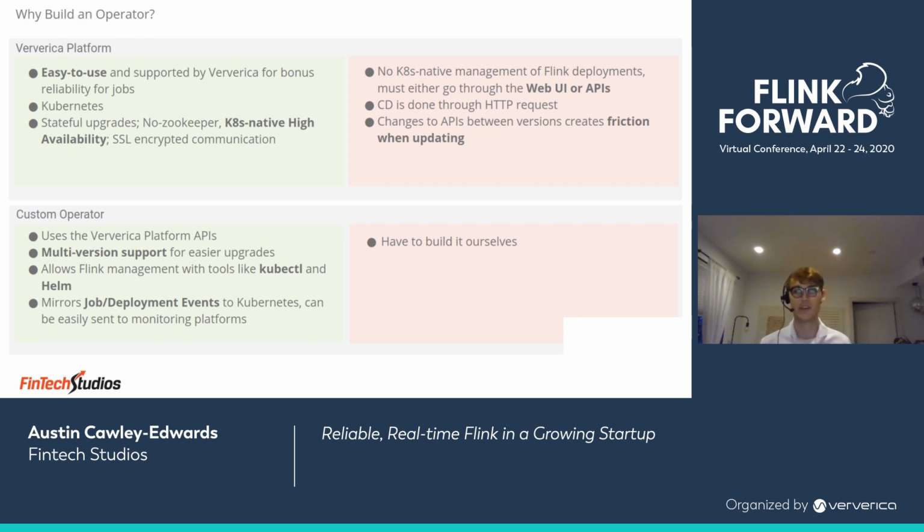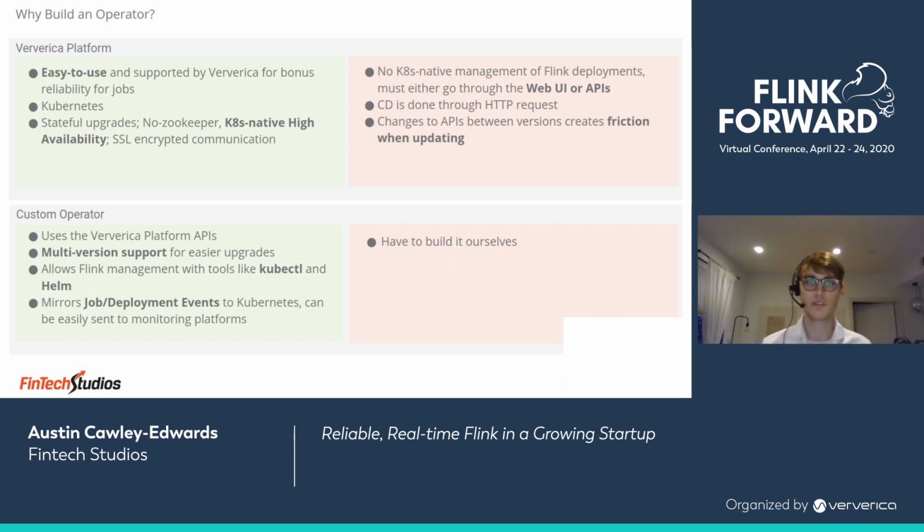But some of the things that we found lacking in the Kubernetes space was the ability to manage these Flink deployments natively. You have to either go through web UIs or some REST APIs. So CD is then done through HTTP requests to those REST APIs. We also found that changes to those REST APIs between versions of the Ververica platform created some friction because we needed to update all of our deployment specs when updating. And the changes aren't usually major,